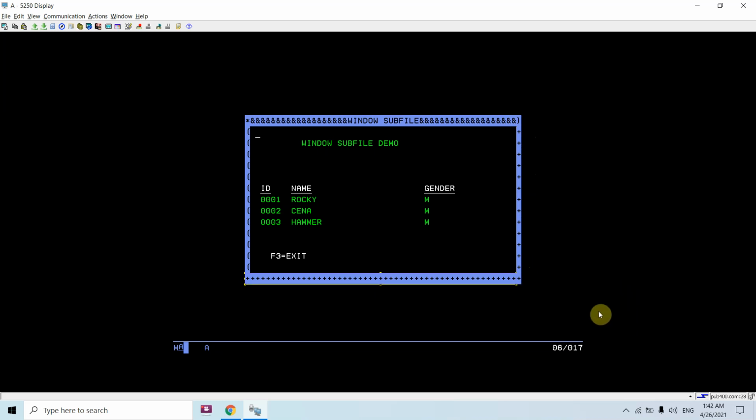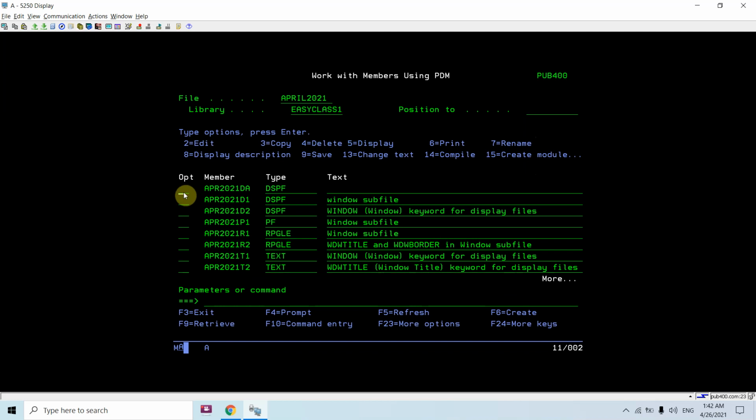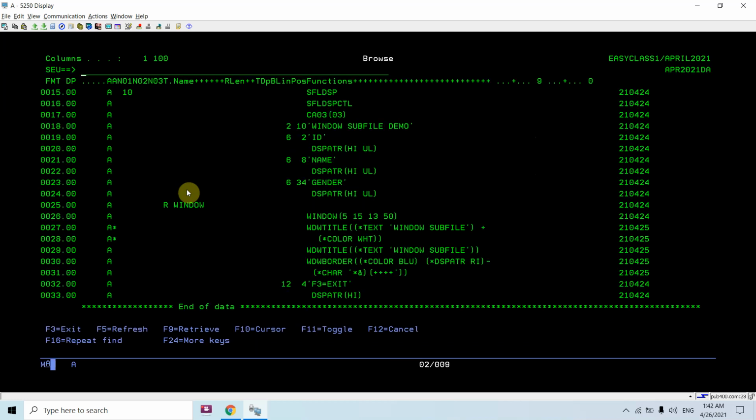Just press F3. So now you have learned about the window title and window border keywords, which can be used in the window subfile, and how you can use all the parameters. All the parameters are optional here. You have to specify any one parameter of the three, that is color, display attribute, or the characters.